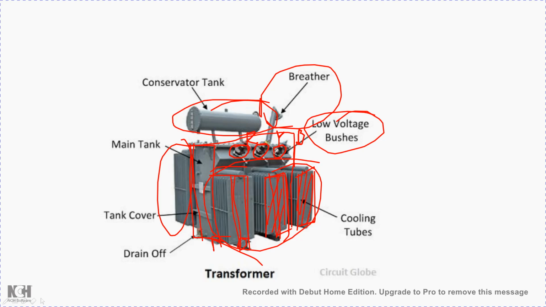Also, sometimes we need to empty the oil. Once the oil has worked for a particular time period, it needs to be replaced, because new fresh insulating oil needs to be recirculated here. Over a period of time the oil will lose its insulating property, its dielectric strength, so it needs to be replaced. For that there is a draining pipe provided on this side here. So these are the main parts of the substation transformer.